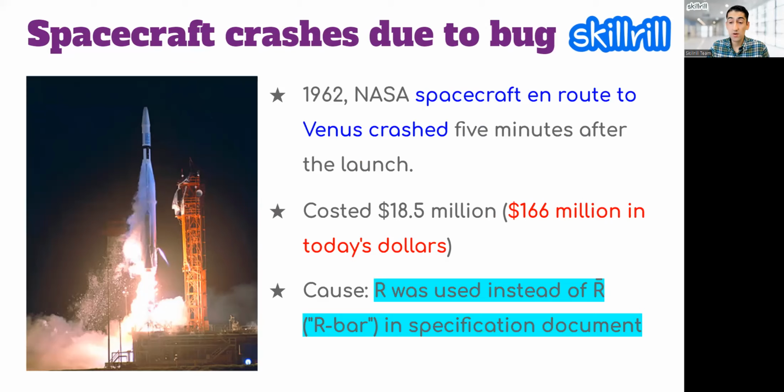The root cause was, like one of you earlier mentioned, a documentation issue. That's a great example that you can give to anyone. In the design document, instead of R bar, you see there's an R bar. Don't ask me what exactly that means, I don't work for NASA. So instead of the R bar symbol,